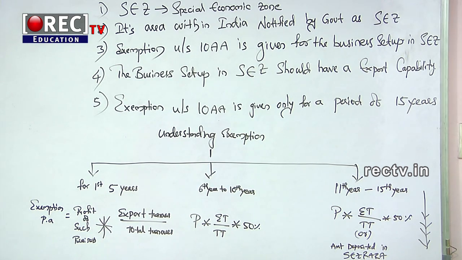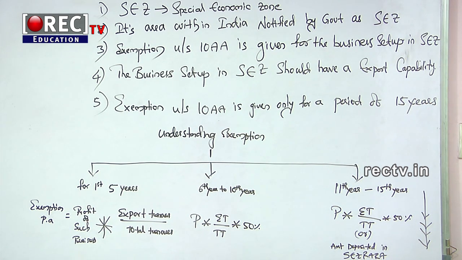So friends, there are some conditions for claiming the section 10AA deduction exemption. The assessee should start the activity of manufacture or service in SEZ, and the entity should not be started up by splitting up or reconstruction of an already existing business. Also, 100% plant and machinery should be new. 20% plant and machinery can still be old in that, and separate books of accounts have to be maintained, and an audit report has to be obtained from a chartered accountant.